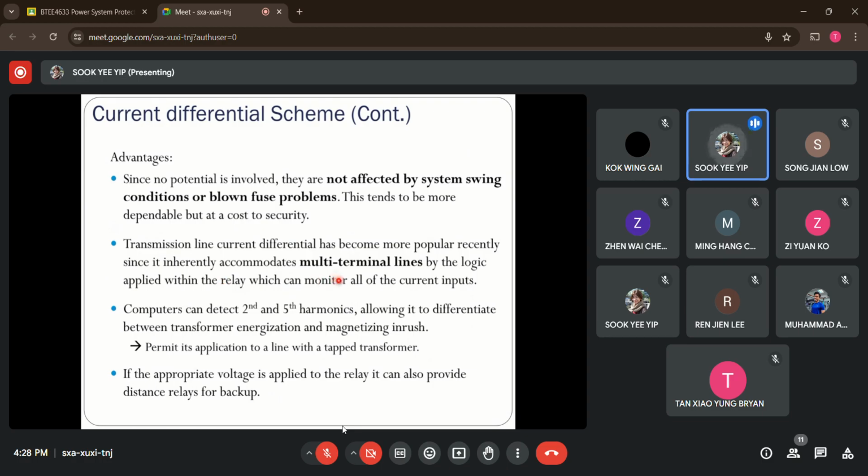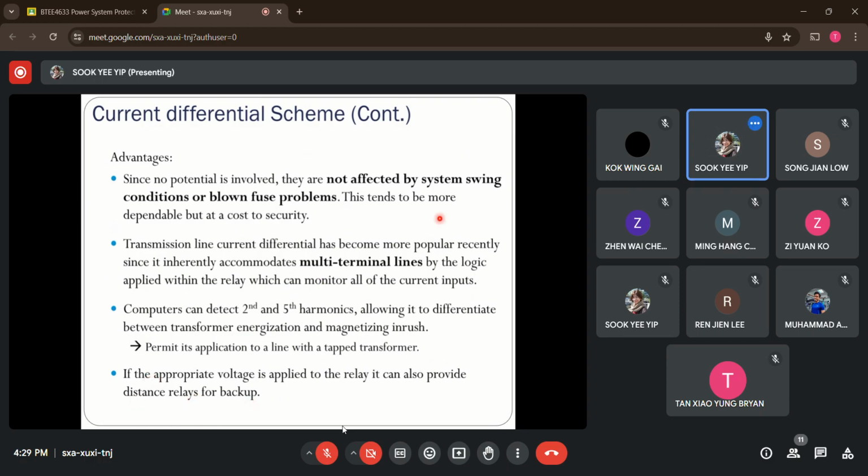Which means that it's able to monitor all current inputs within the same system. At the same time, it's also able to differentiate when, let's say, we have a transformer that is just being energized, or we have inrush currents. Why? Because it's able to detect the difference between second order harmonics, even fifth order harmonics. So with such a case, it allows us to apply the line current differential protection scheme, let's say when it consists of a tap transformer. So right now, with appropriate voltage being applied to the relay, it can also serve as the backup for distance protection